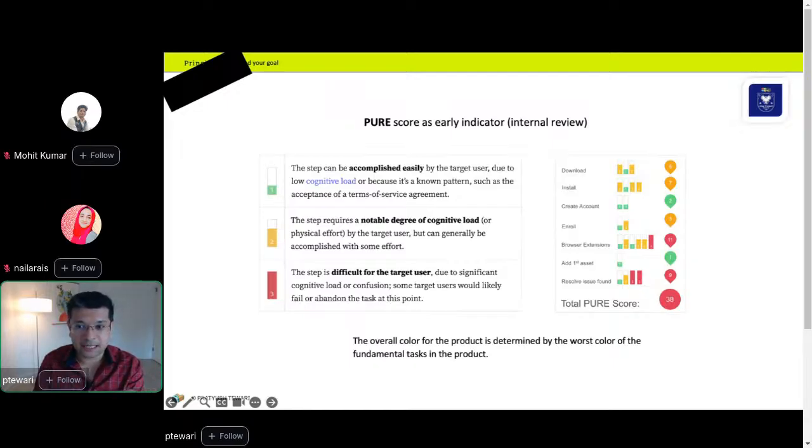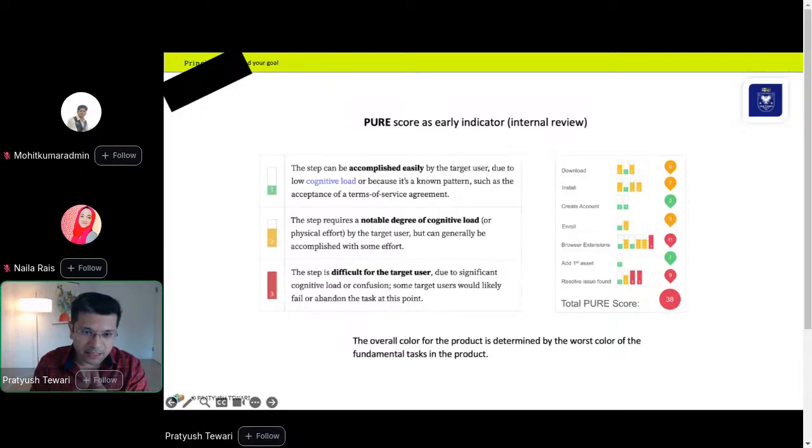Those are different steps in the task of logging in. So you and your colleagues can rate from 1 to 3 the difficulty level of how difficult it is to finish that task. Then you sum up the task and create a score, which you then average between all your participants in the PURE method.